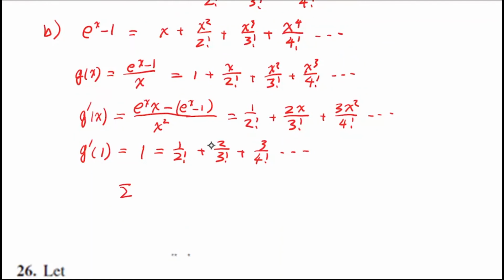So sigma of this thingy, which is what they suggest now, isn't it? n from 1 through infinity of n over (n plus 1) factorial. And we have just found the summation of this infinite series